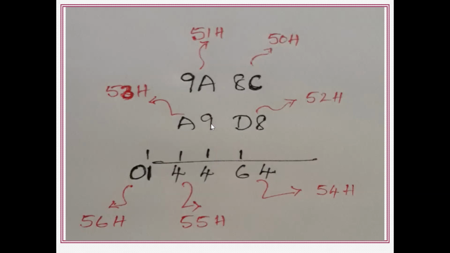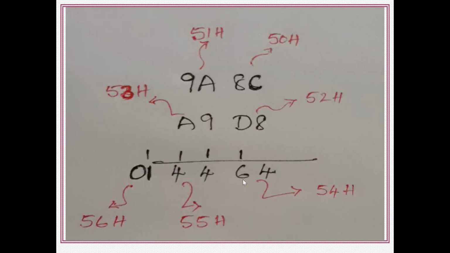So next one is 9 plus 1, that is 10. 10 plus A, which is again 10, gives 20. 20 can be written as 16 plus 4. The 1 is propagated, that indicates 16 is propagated, and here the result is 4. Now 1 plus A, which is again 10, gives 11. 11 plus 9 is 20. So 20 can be written as 16 plus 4. 16 is nothing but 1, and 4 here.